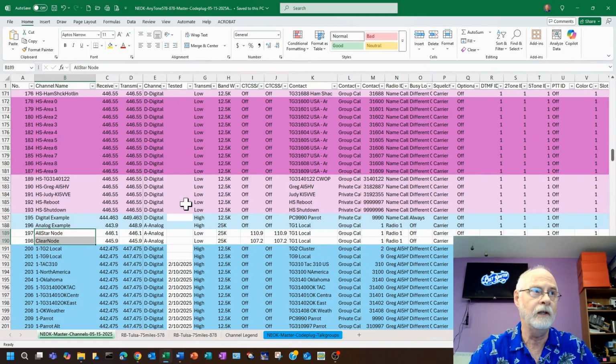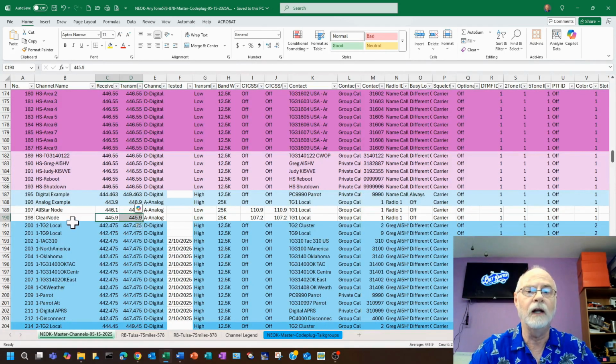Now, obviously, your mileage may vary. You may have a different frequency for your AllStar node. Okay, that's fine. That's great. We can go in and easily change these for you, and they're already in there. We can change the CTCSS tones. We can put those in there, and what it does is it helps us to be able to quickly utilize those and not have to, on the fly, try and figure out, okay, hey, now I want